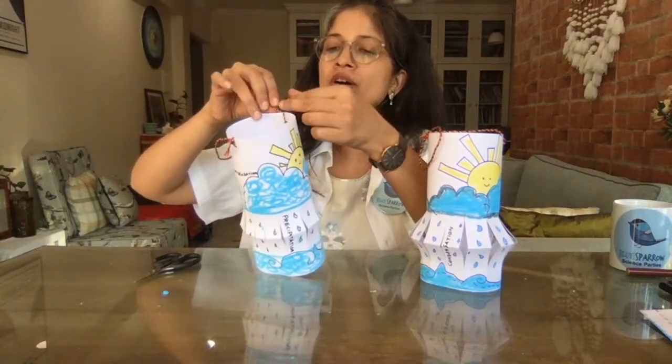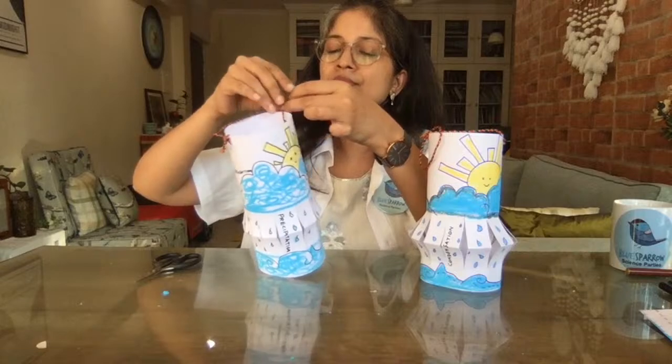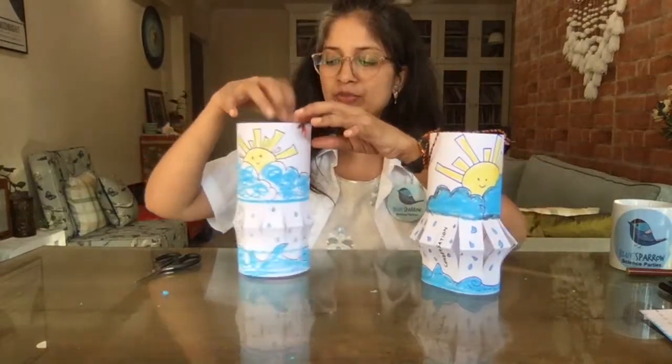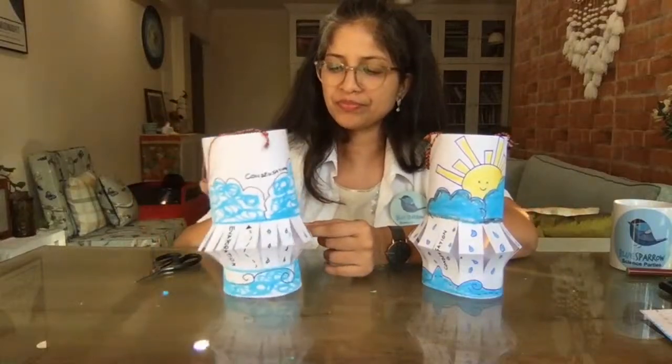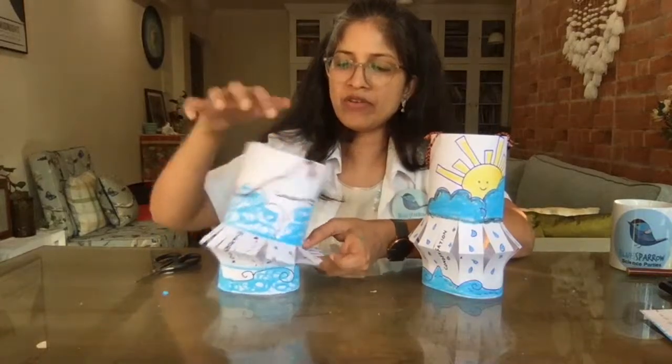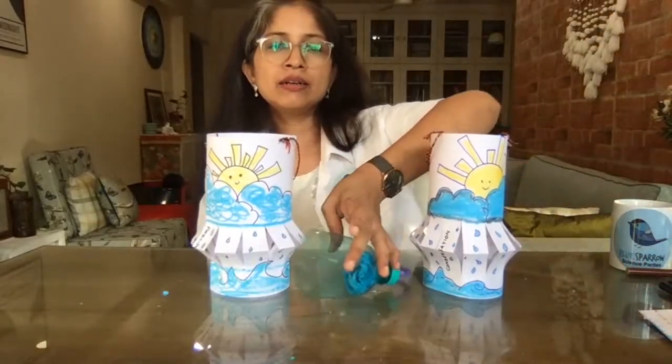taking the frame of a pen there. So there are these beautiful lanterns, watercycle lanterns, which you can hang from your window or from your house. Yeah, so that's your watercycle lantern. I hope you enjoyed making the lanterns, the ball blower, and the